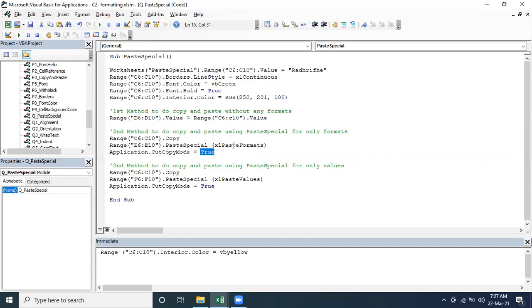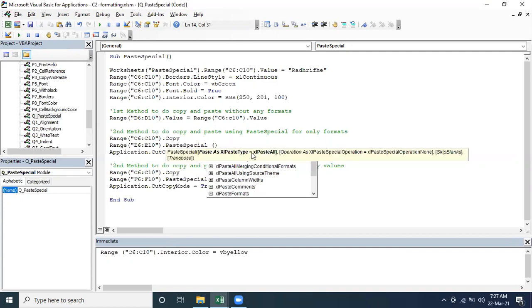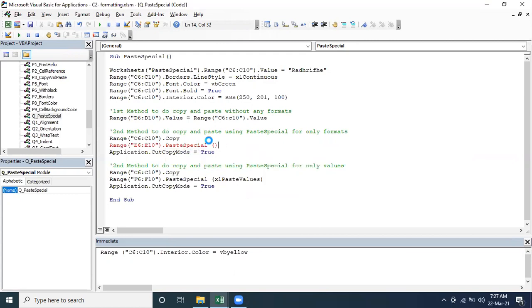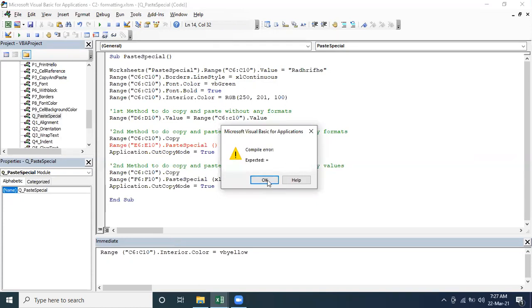Whatever format there is, you have to specify the format. If you are not going to specify, by default it is going to pick the paste all format, paste all options. Correct or not? If you see here, by default it is selected as Excel paste all. So this property is the default property. If you are not specifying anything else, it is going to use paste all options. So already we discussed it, and the next one is what?